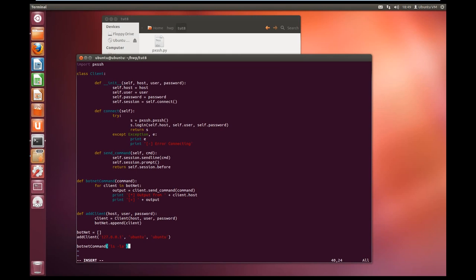So this is going to list everything in the home directory, I believe, because that'll be where we connect into. Okay, so that's our botnet created, our basic botnet. So you can add as many clients as you want in there. Just use the add_client function, and then your botnet_command, which will send commands. Okay, so I'll save this,